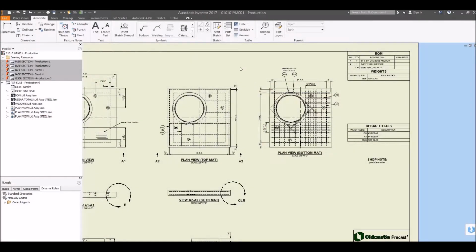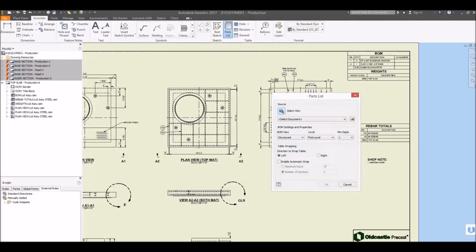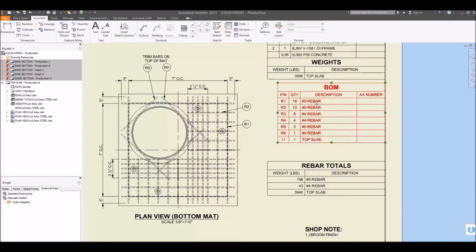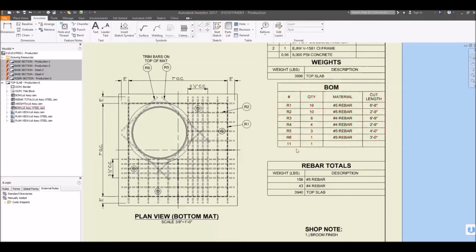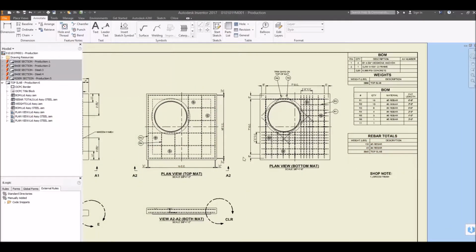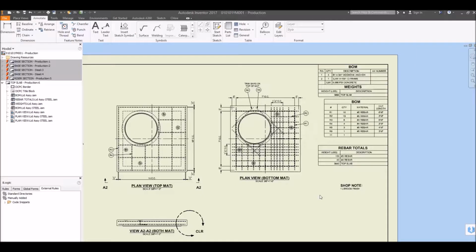One of the more common issues that I tend to see when creating a rebar cut list is having an unwanted item show up on your rebar cut list. Here you can see that my top slab is showing up when really I want to show only the rebar in my assembly. What this commonly means is that my assembly with my concrete and my lifters in it is probably set to a normal BOM style. We want to toggle that over to a reference so that it's basically being ignored by the rebar cut list